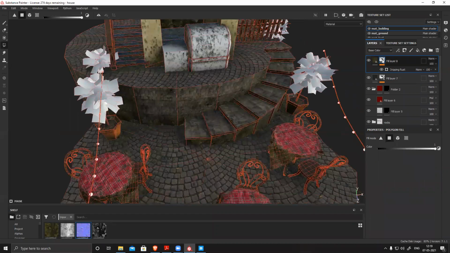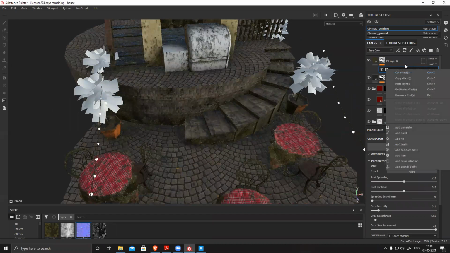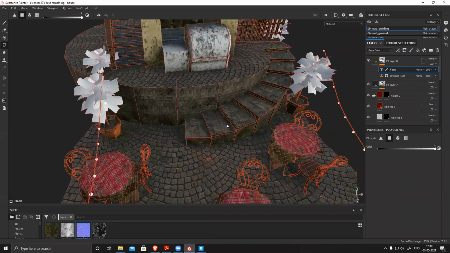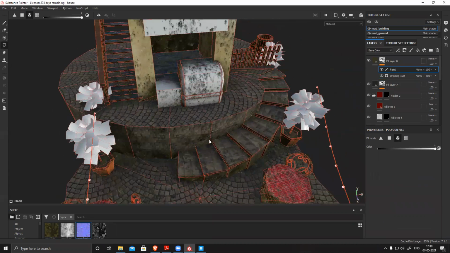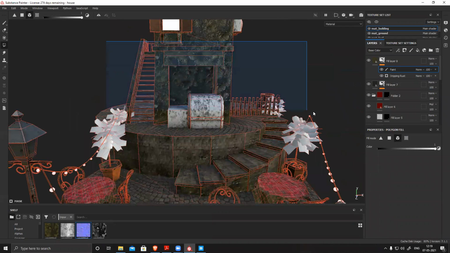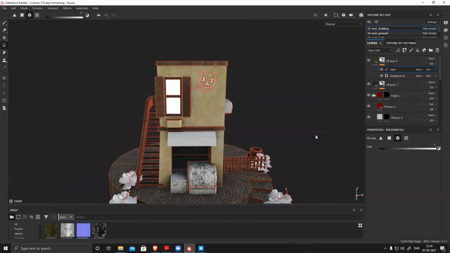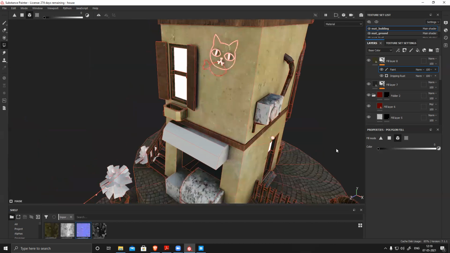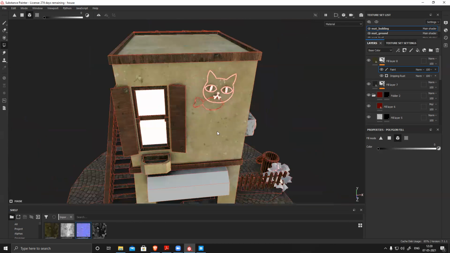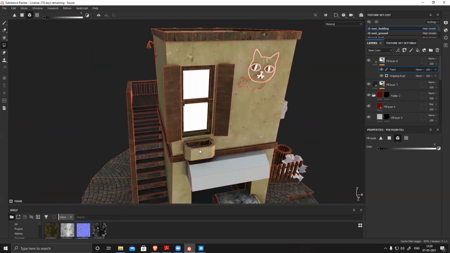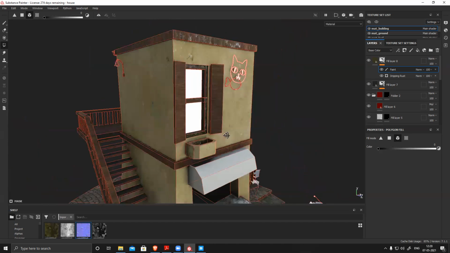So what I'll do is I'll select this, right click on the generator and add a paint. Now what I'll do is I'll just simply remove all the unwanted parts. Select model, sorry, X, make sure it's black. Remove all the unwanted parts. This can be there. You can keep this thing also a little dirty.